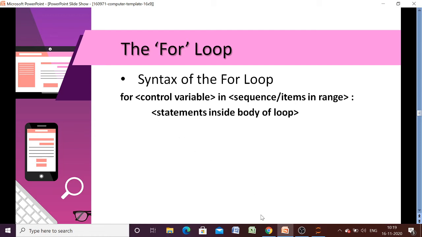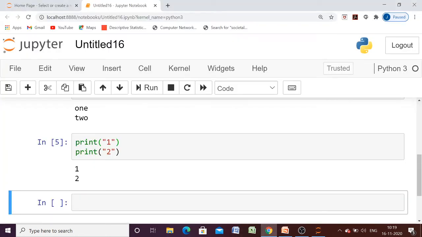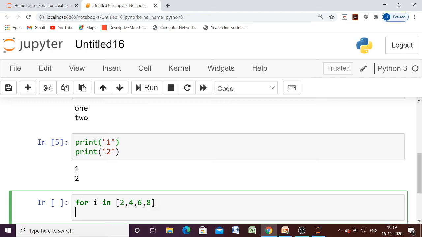Let me give you one example of how it is going to be executed. Suppose we have one control variable i, and I have written one sequence, a list, and I want to print all the items of our list. Here you have to specify a sequence.